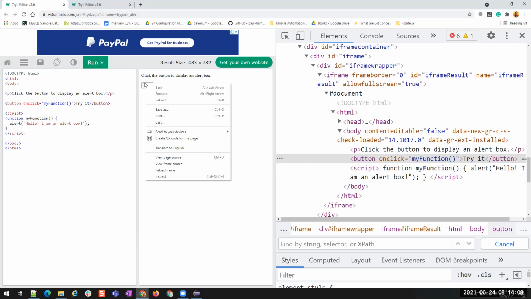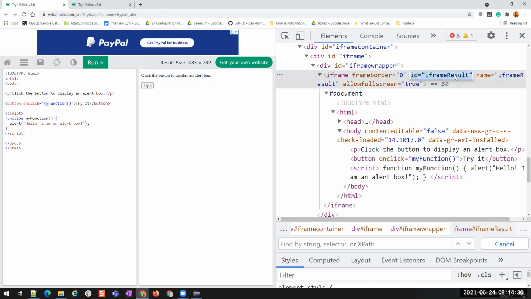We have learned it today, just today. You see that it's an iframe, right? The button is inside an iframe. You see here also it is showing the frame related options. That is the reason I right clicked and opened this window. You see, it is inside a frame. So when an element is inside a frame, what should we do? We have to switch to that frame to perform operation on that element, right?